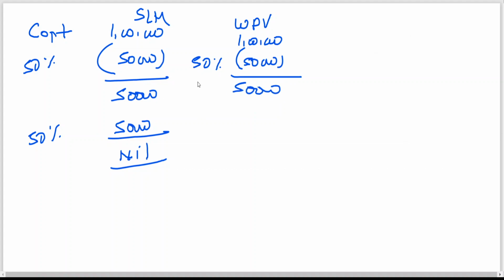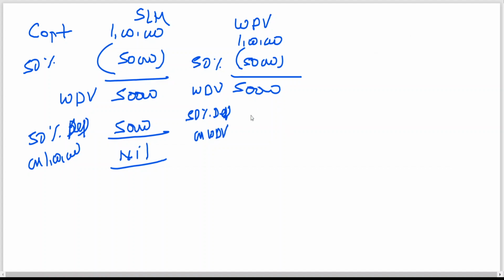Now 50,000, this is the written down value, no? Under straight line method, 50% depreciation on 1 lakh. You know, it is always calculated on cost. Here 50% depreciation on written down value, how much? 50,000 at 50%, 25,000. So if the useful life of the asset is 2 years, as an example, the asset has become 0 there, here the asset has not become 0.